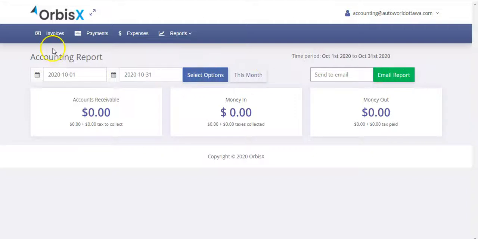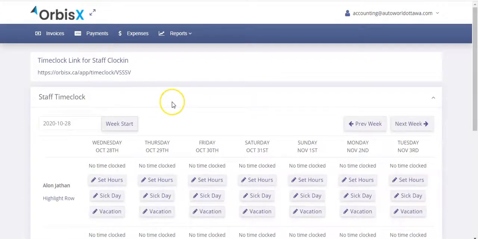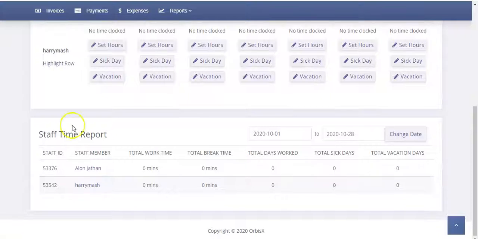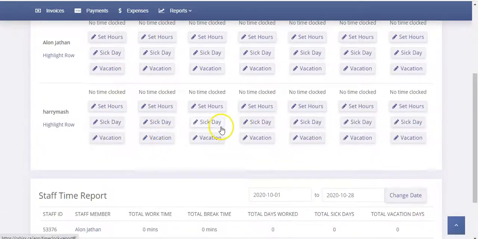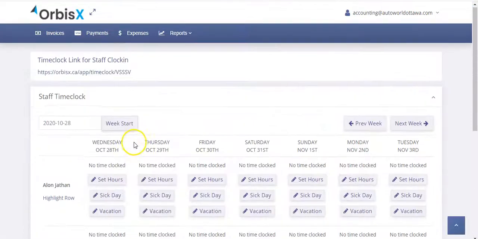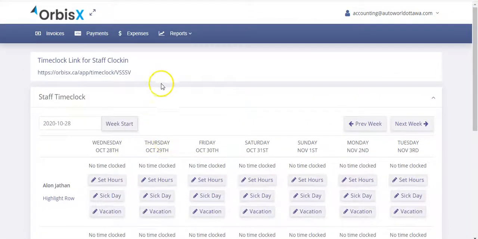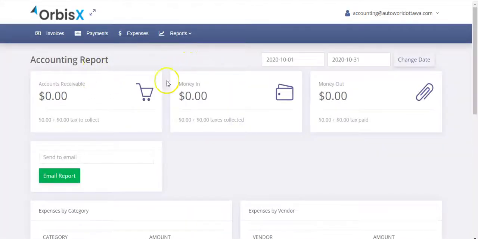Now, they will have access to your invoices, payments, expenses, and under reports, they will see an accountant's rundown and staff time clock. So the staff time clock, you'll likely remember, looks just like your regular time clock, shows things for payroll. So it'll show vacation days, sick days, total time worked for staff in case your accountant's also handling your payroll. They will also have access to an accountant's rundown, and choosing that shows more of the same,